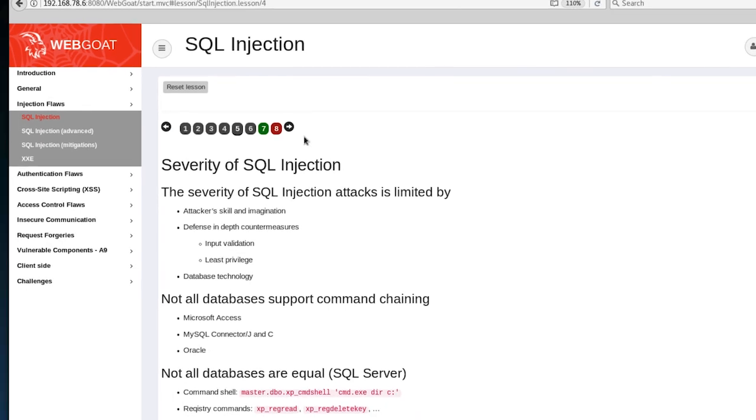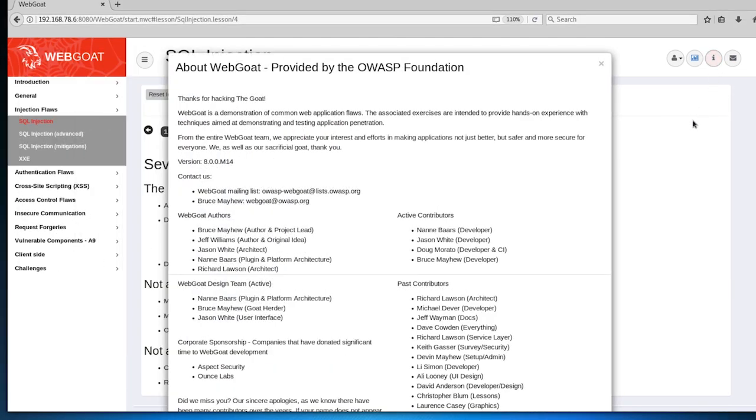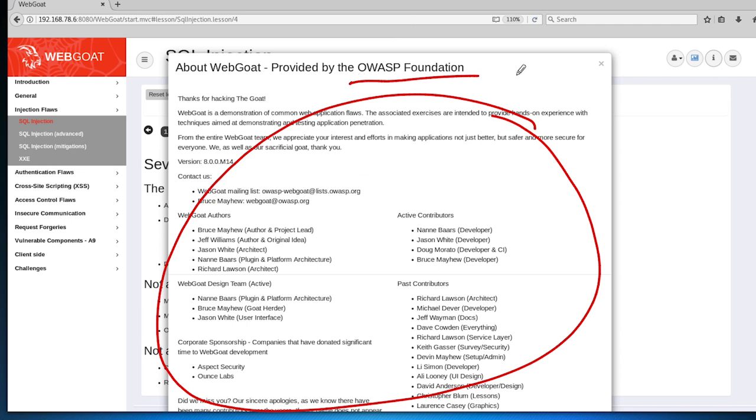This is something that is a community effort. There are many contributors to this. It is provided by the OWASP Foundation, but as you see in the About page, they have many different contributors from all over the world contributing to this, right? So it's a very cool framework, I would call it, that you can use to practice your skills